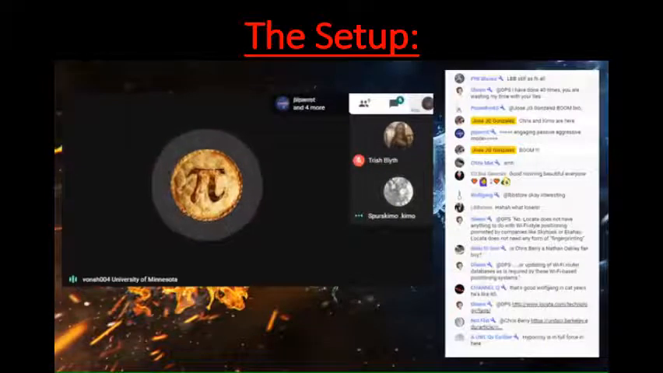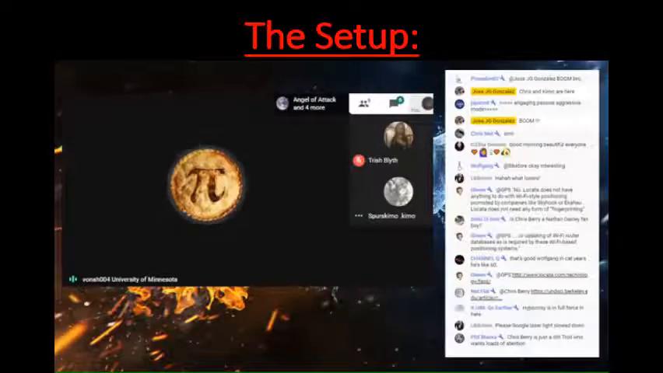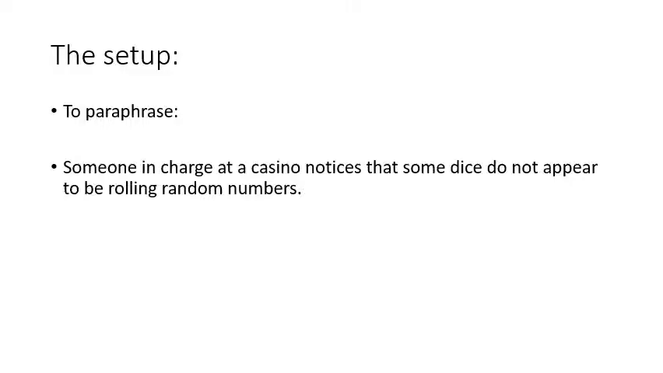So I form the hypothesis and then I could conduct experimental tests to see if the dice is loaded. That's science on a man-made object. The setup. To paraphrase, someone in charge at a casino notices that some dice do not appear to be rolling